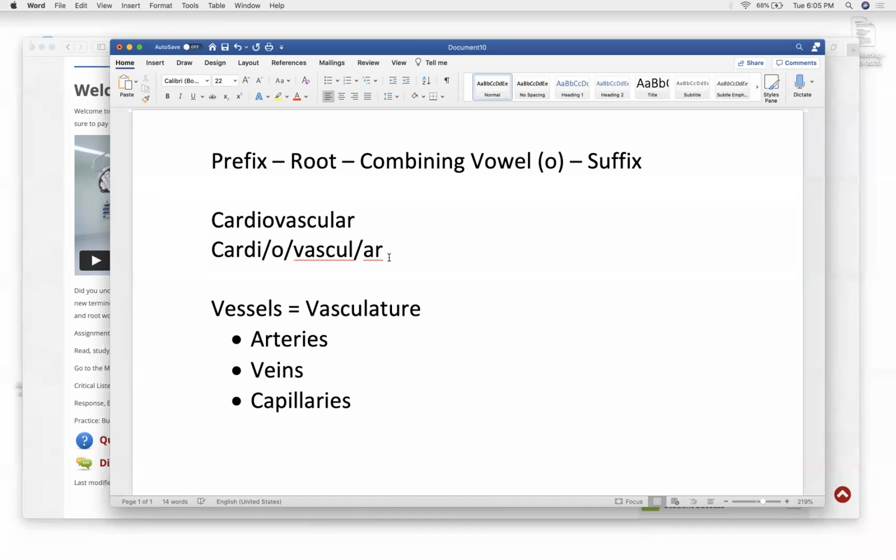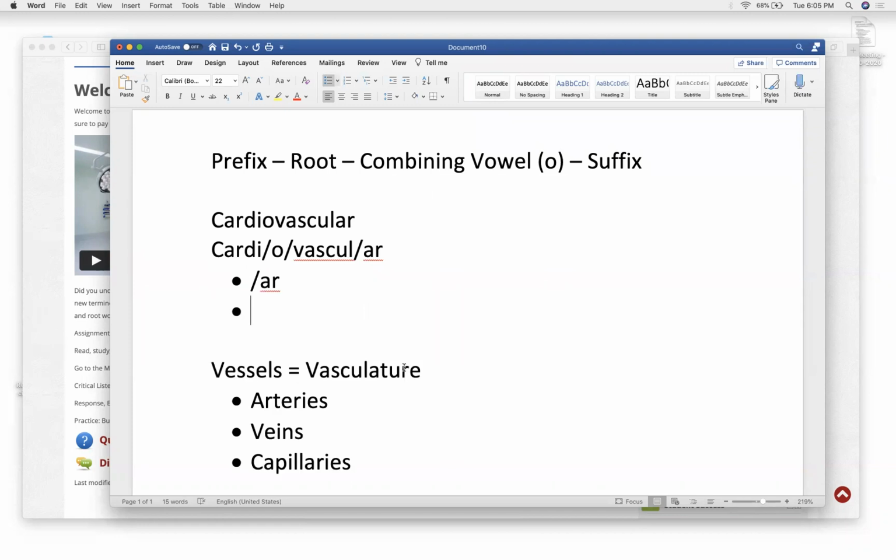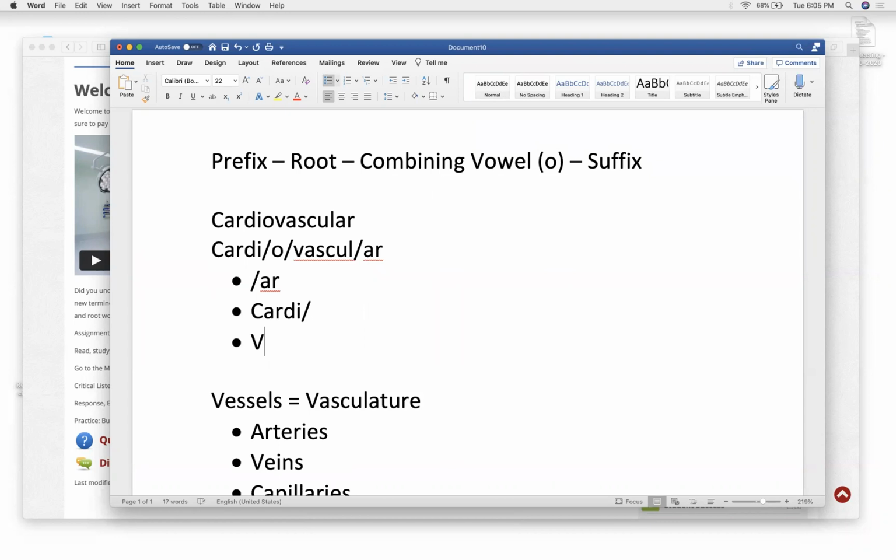And let's look at some word part questions. If I asked you, what's the suffix of this word cardiovascular? You'd say it's AR. I would ask you, what is the root that means heart? And you'll tell me, cardi. I could ask you, what is the root in the word cardiovascular that means blood vessels, arteries, veins, and capillaries? And you would say vascul. Okay. Now, regarding meaning,